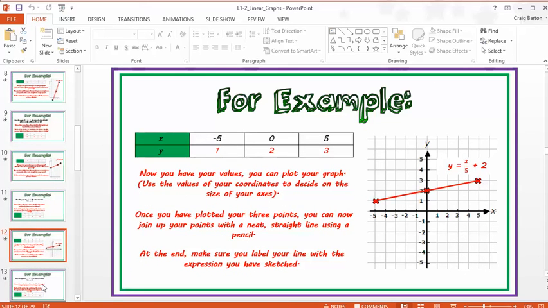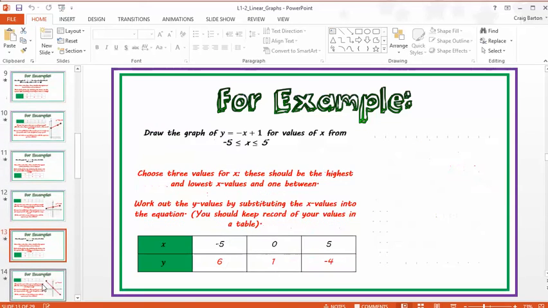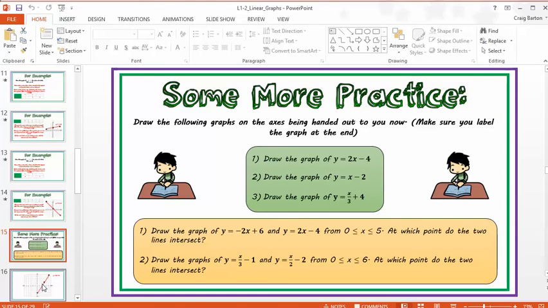So that goes on there, and it's a really nice kind of introduction. And by the way, there's a couple of lessons here. You'll see this at the top here. This is lesson 1 and 2. So once they're fully competent when it comes to plotting straight line graphs, it then moves on to